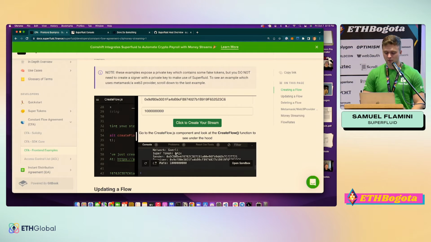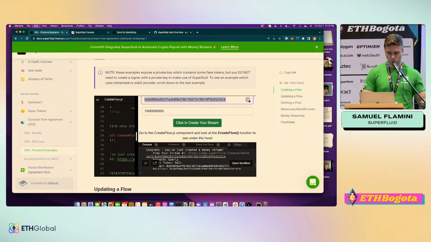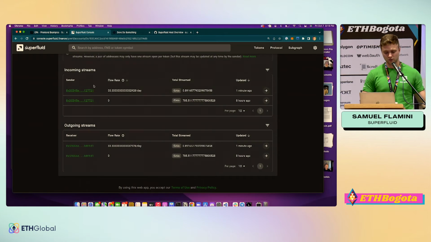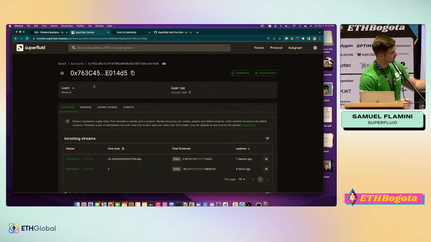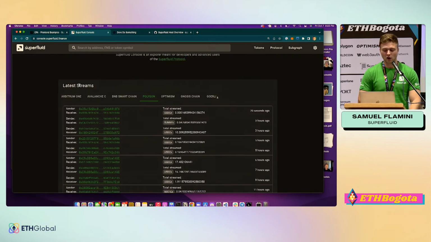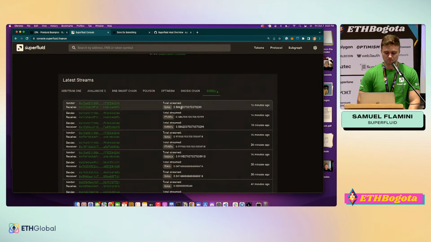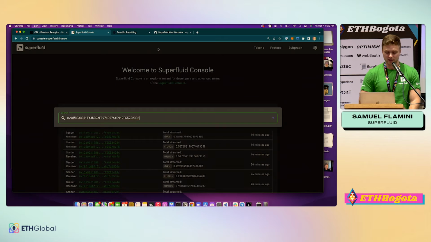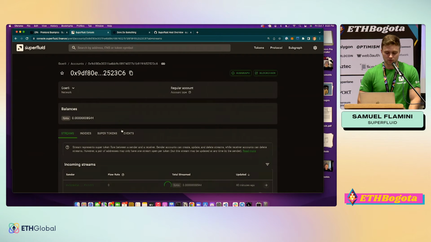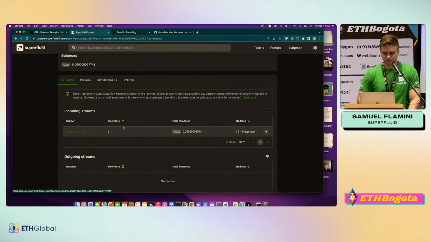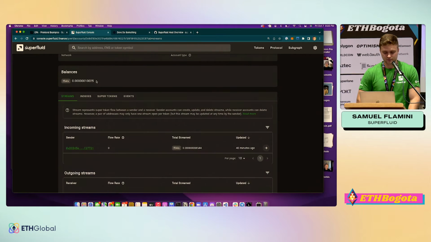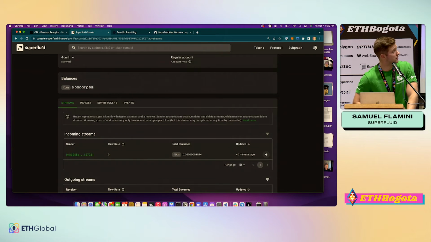All right, so we just created a money stream. So I'm gonna plug this address into the console. This is the console. Check it out, useful tool. If you click home, you can see a bunch of streams, right, on different networks. If I wanna click on Goerli, I can just paste in the address that I just used to send the stream to. And we can see that we are receiving some money, right? So I just created a stream to this address. Pretty cool, right? Not very much has come in yet. That's because it's a pretty small amount, right?